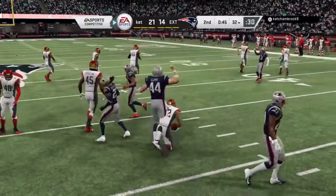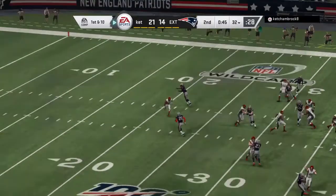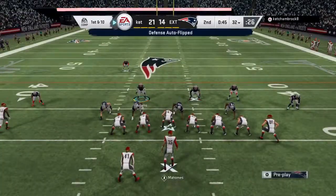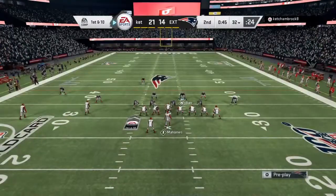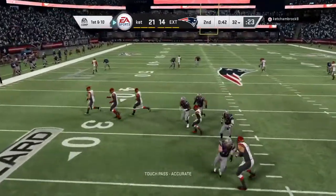Solid return, pretty good field position. They'll start at the 32-yard line. The offense now at the line, ready for their next drive. You're under a minute to go here in the half. Field position not really in your favor, but still time to try and move the ball and get in field